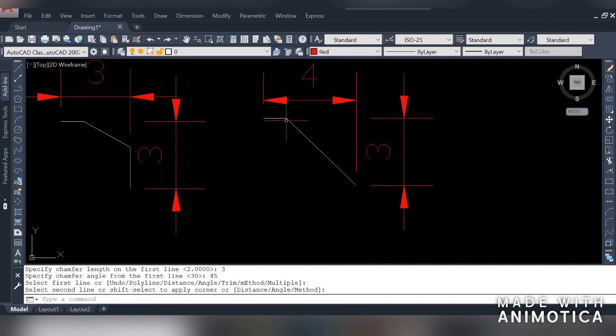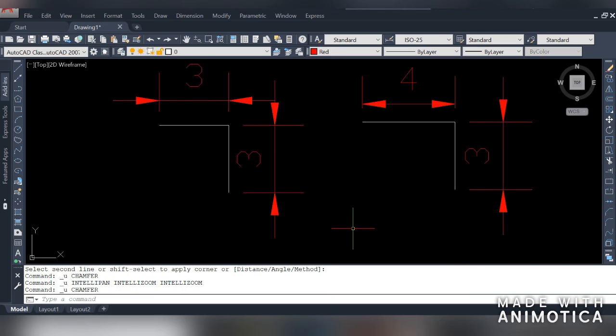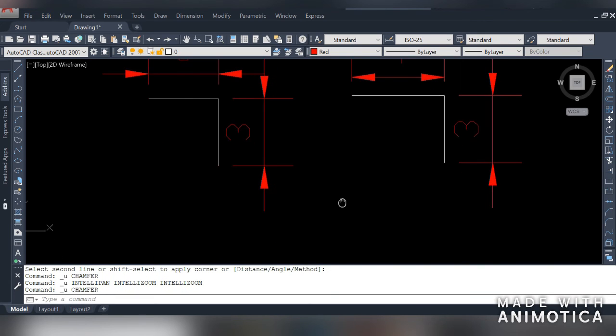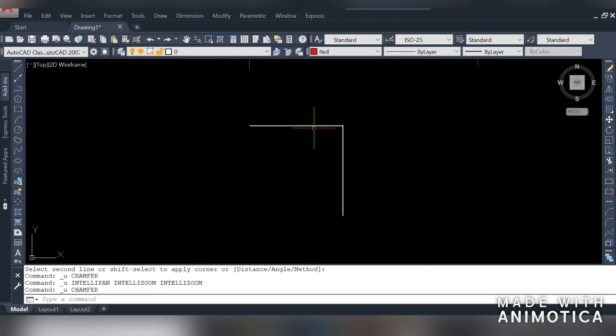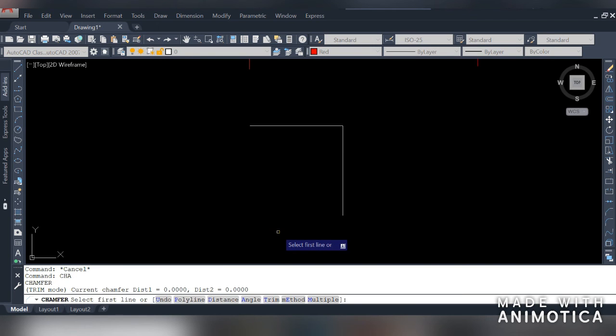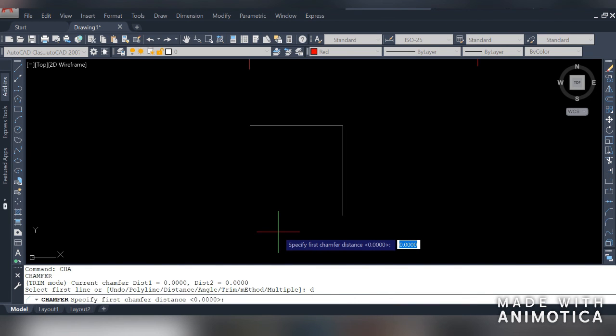You can see the chamfer is created. Now let's talk about polyline chamfer. You can see I have drawn a polyline over here. So let's see what polyline chamfer is. Choose chamfer command first. Now specify the distance, press D and then press enter.